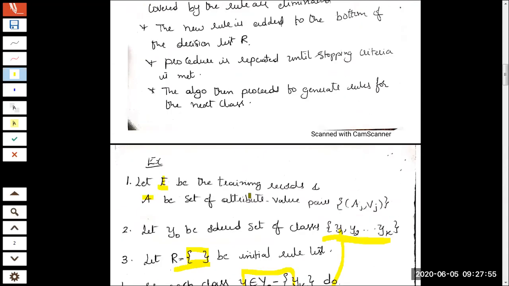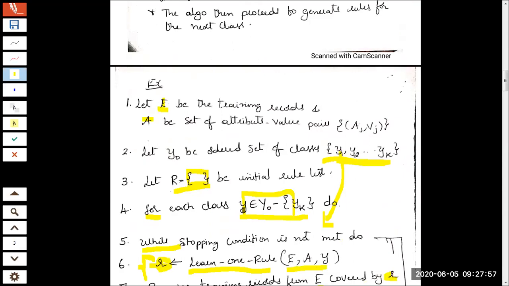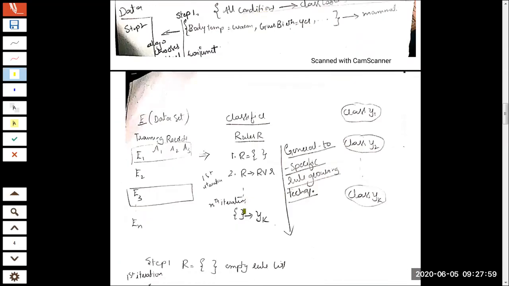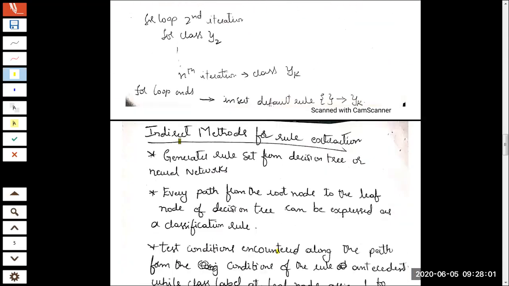Next, if the first one is the direct method, the second one obviously will be the indirect method. So we need to start our session from this point, the indirect method. Now, what is the indirect method? I had already given a brief introduction of that. What do you mean by indirect method? Prior to that, once again, you need a recap of what a direct method is.